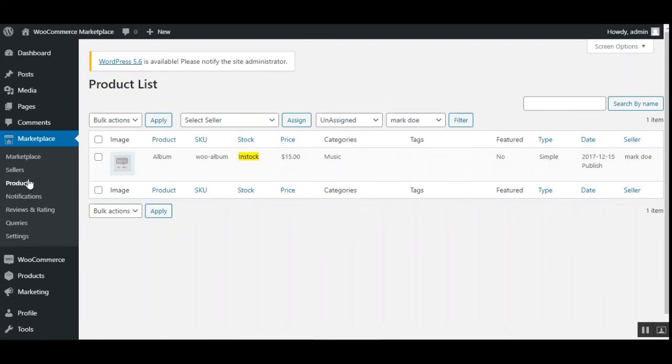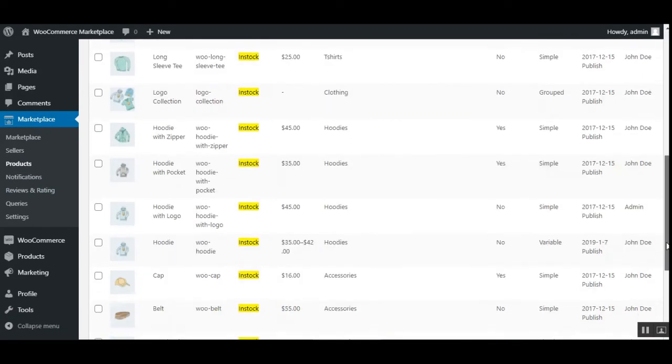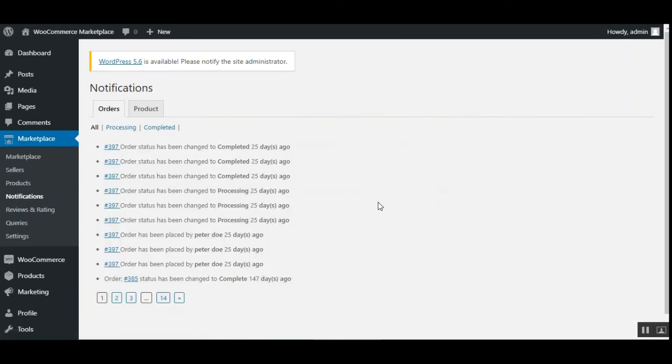So that was about the product. If I go back to the products here, let me tap on the side panel for the products. So that was how the admin can manage the product list from here and can assign the products to the marketplace sellers. Coming to the notification section, here you can see that we have two tabs for the notifications in